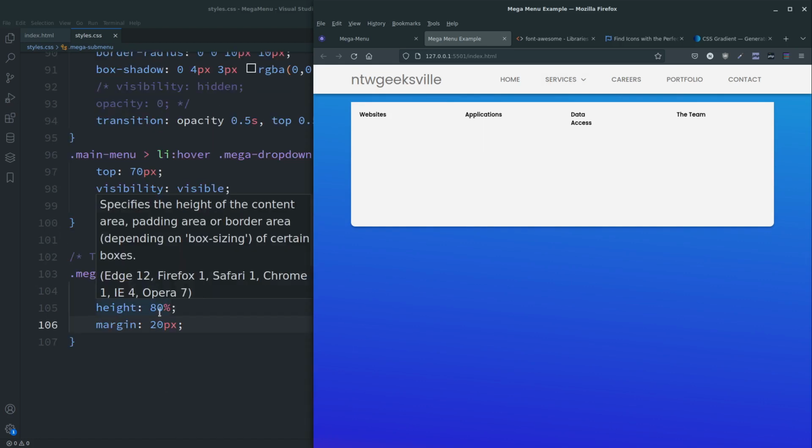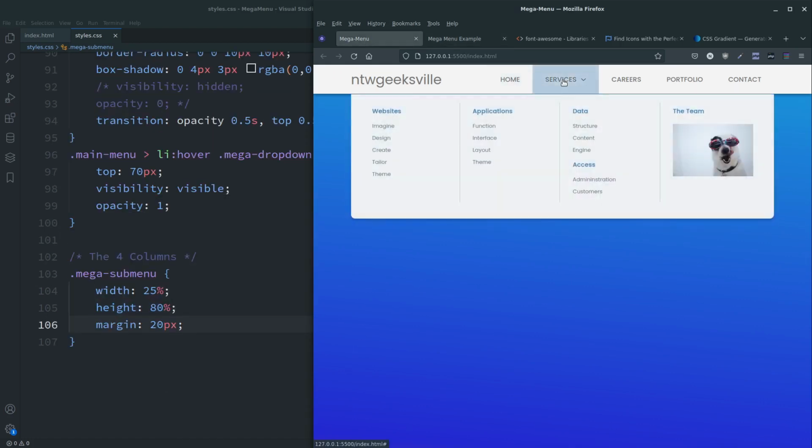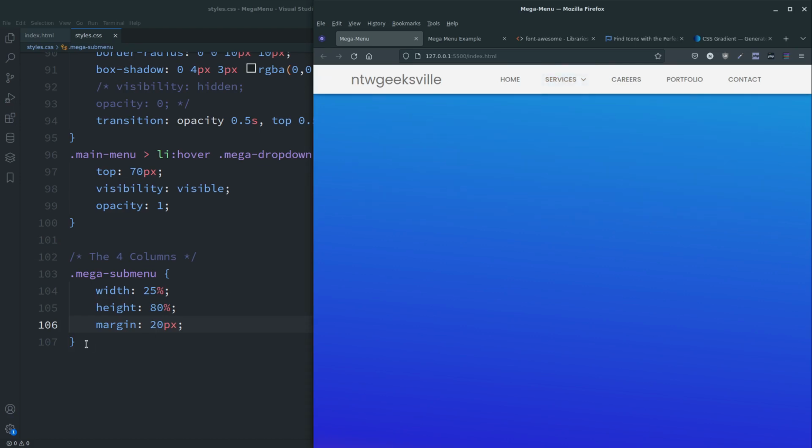What I also want to do, if you look on this one, you'll see that there's a divider line. Again, not everybody's cup of tea. I just put it in as something to be able to show you, because some people do put divider lines in like this. I'm going to put a left border on the mega sub menu, but not the first one, because otherwise you're going to have a random line here which looks a bit out of place. So to do that,